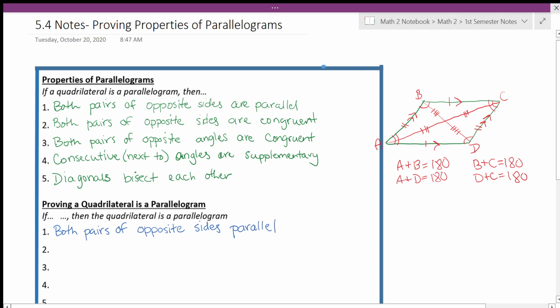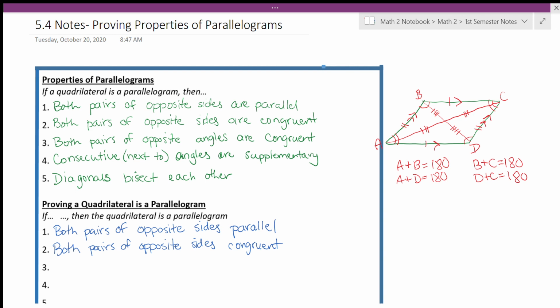So if that is a property that we know a quadrilateral has, then the quadrilateral is a parallelogram. If a quadrilateral has both pairs of opposite sides congruent, then we know the quadrilateral is a parallelogram. So looking pretty similar so far to our properties, okay, but we do want to make sure that we recognize